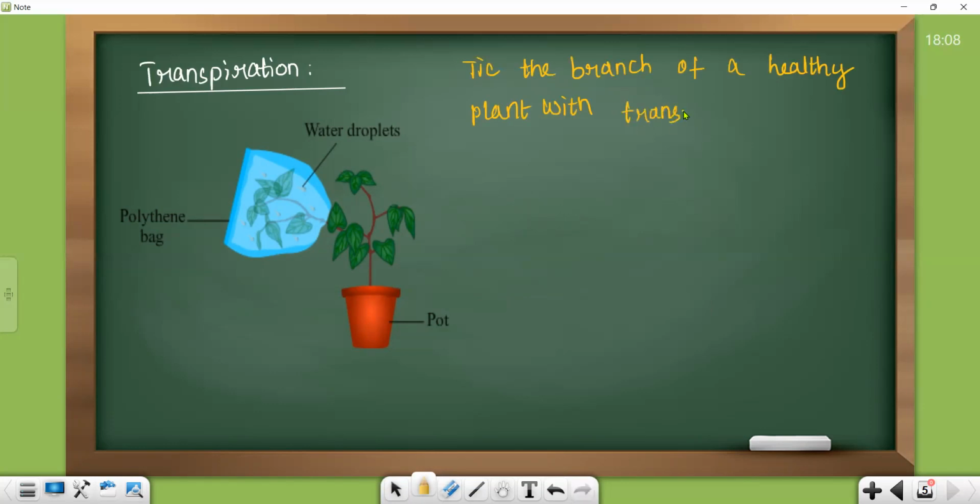What is the meaning of transparent? We can see whatever is inside from the cover. We can see everything. Okay, with the transparent cover, after a few hours, keep the transparent cover in the sun. Sun is a must. Now, after a few hours,